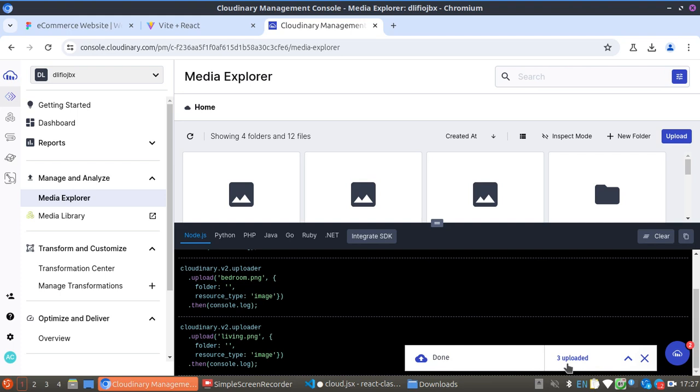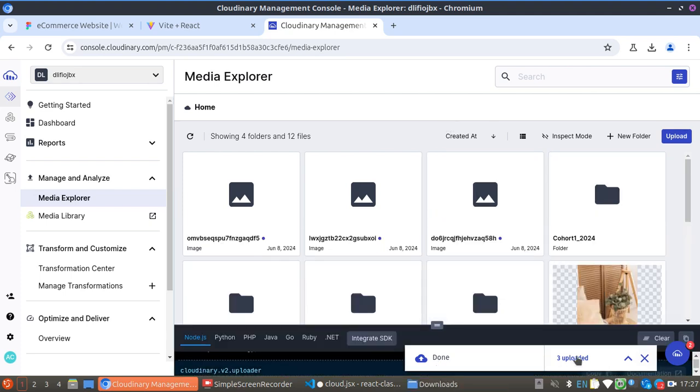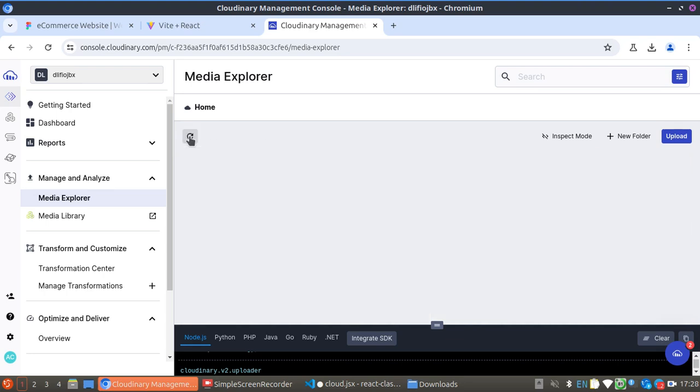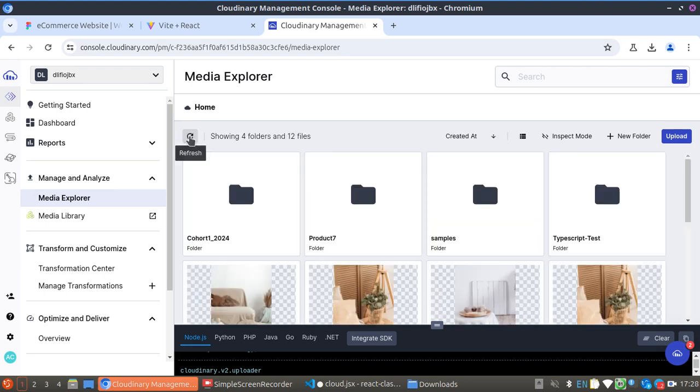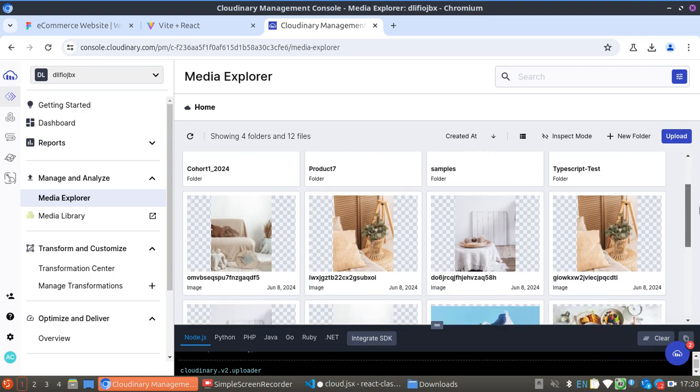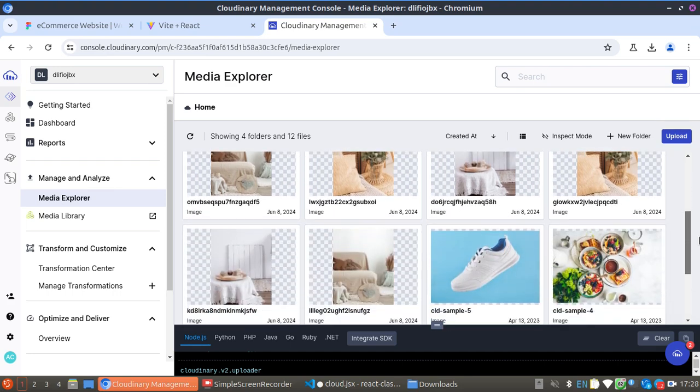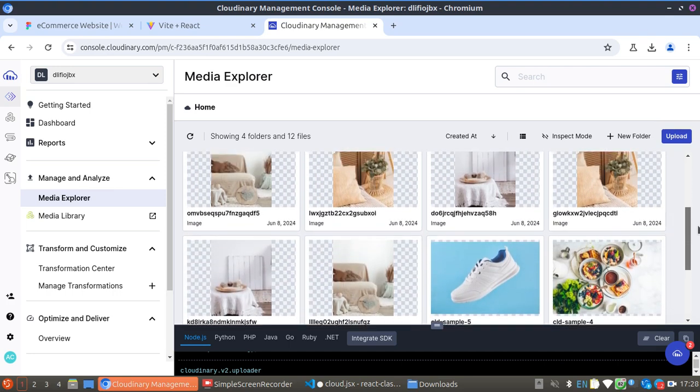So I see it uploaded 3, so that means the 3 were added. So if I drag this down here and close this and I refresh here, I'm going to see those 3 images again. So I've already done that before, so that's why you're seeing them double, and that is also nice for you,